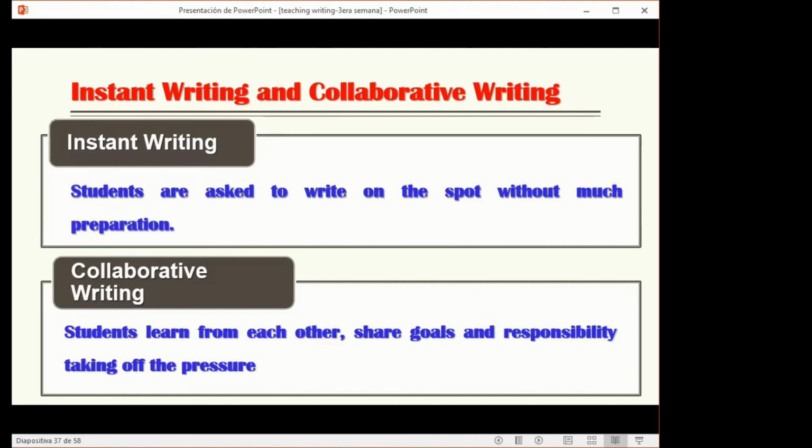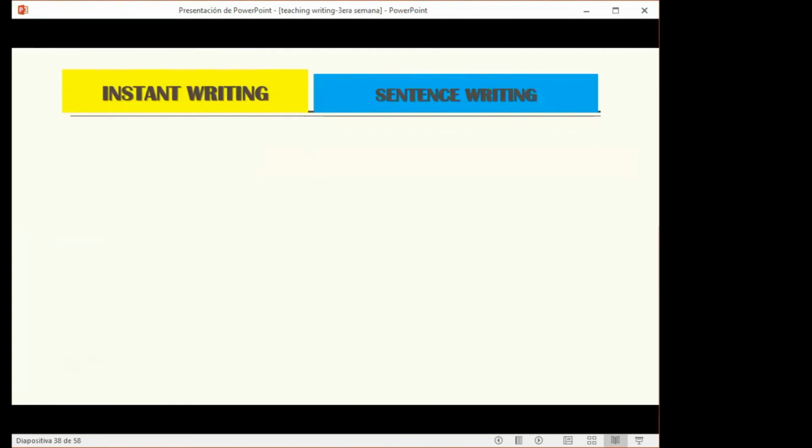So the goals, the purposes of writing, and the responsibility are shared. The student who's going to write by himself or herself has a lot of pressure. So here the pressure is taken off, no? Because the responsibilities are divided. So we call this collaborative writing. Let's see some activities here. Instant writing, remember,